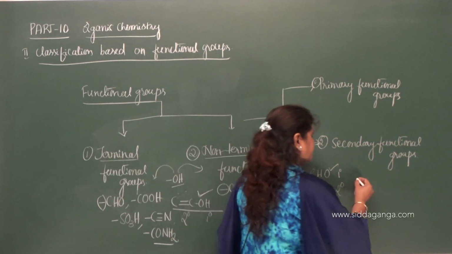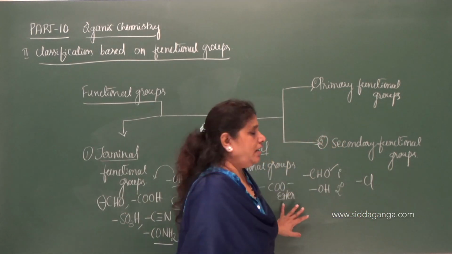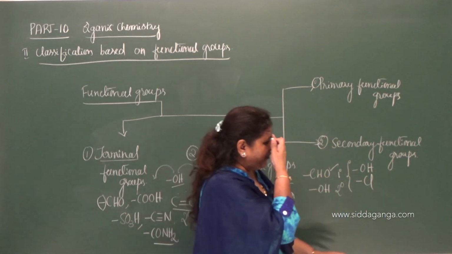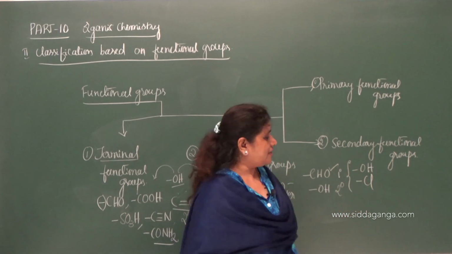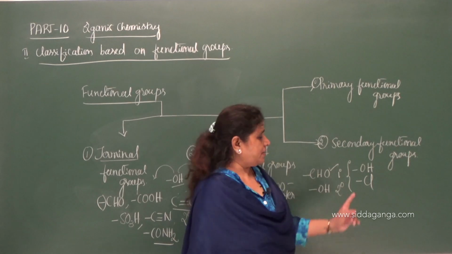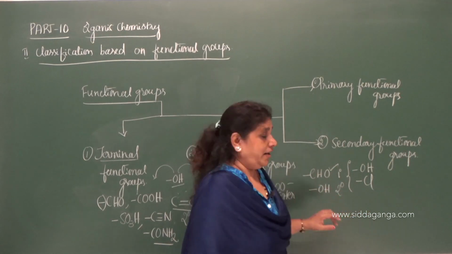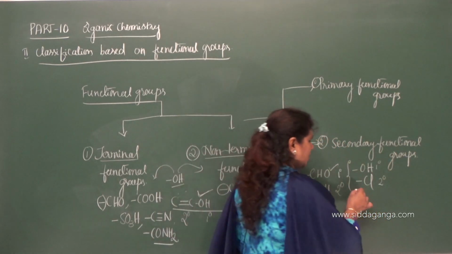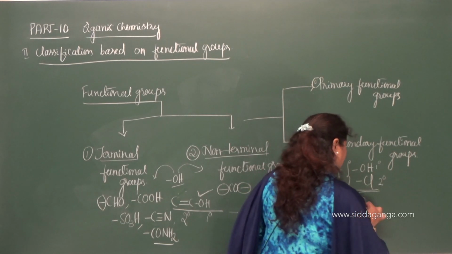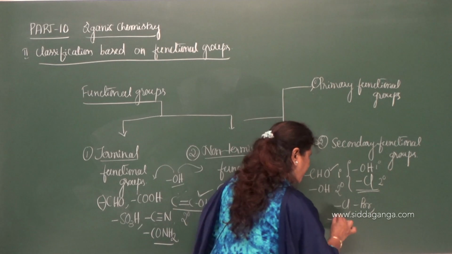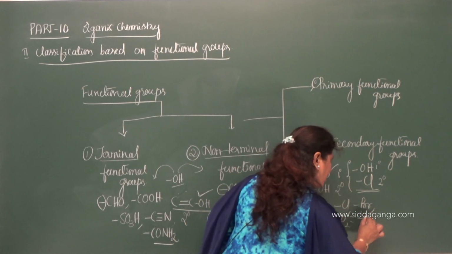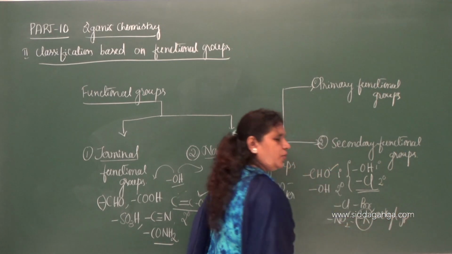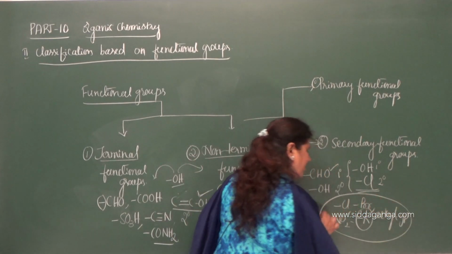Similarly, Cl, the chloro group, is present along with the OH group, the alcoholic functional group. Definitely the properties depend on the OH group, not on the Cl. Then OH becomes primary and chloro becomes secondary. And such groups, for example chloro, bromo, and also nitro, NO2, and R, which means alkyl group, I'll explain what an alkyl group is. All these are called secondary functional groups.